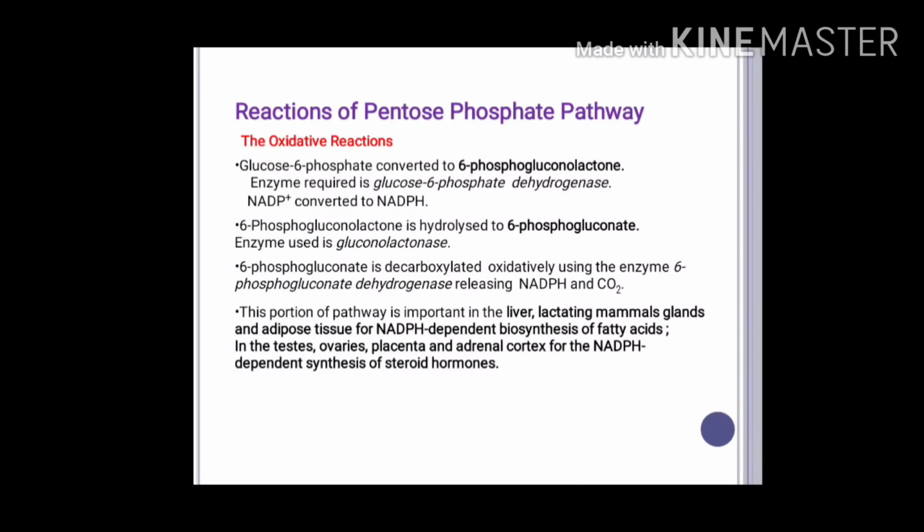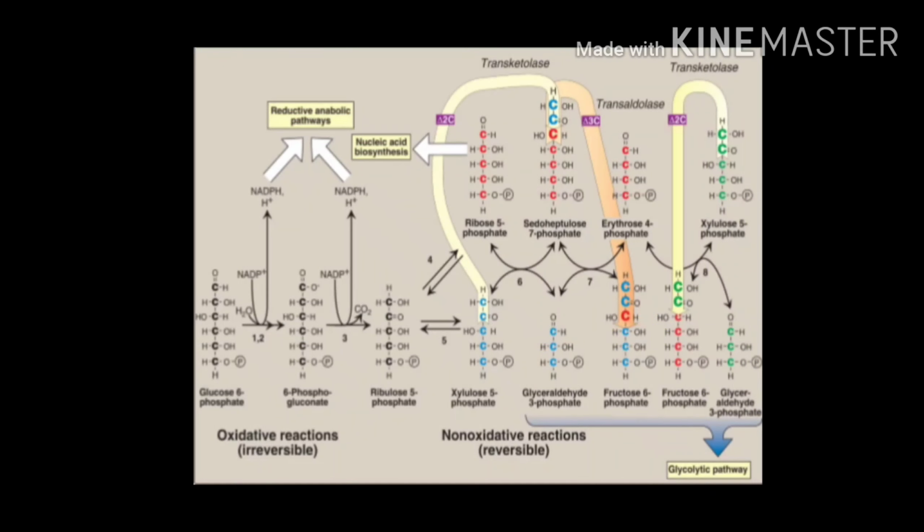So glucose 6-phosphate is the first substrate which is converted to 6-phosphogluconolactone. 6-phosphogluconolactone is hydrolyzed to 6-phosphogluconate. This is then decarboxylated and oxidized to ribulose 5-phosphate. So let's see the reaction. You can see how glucose 6-phosphate, in one step, they have shown oxidation as well as hydrolysis, producing 6-phosphogluconate. So you can see since it is undergoing an oxidation reaction, one NADPH is produced.